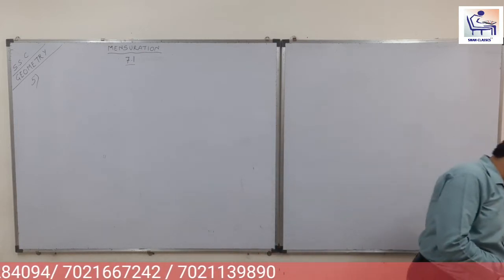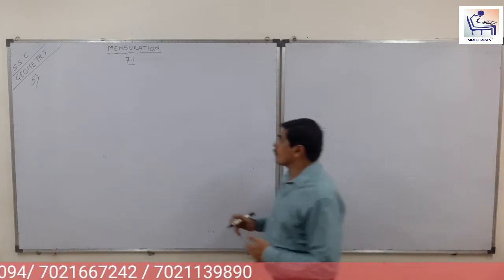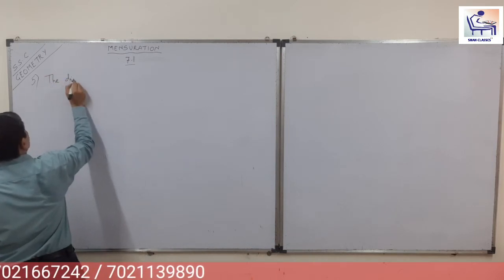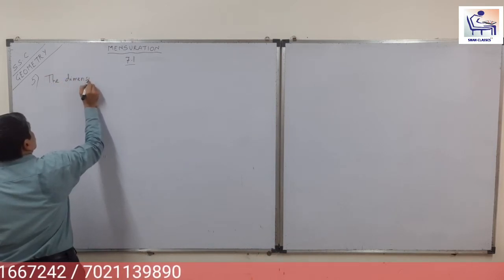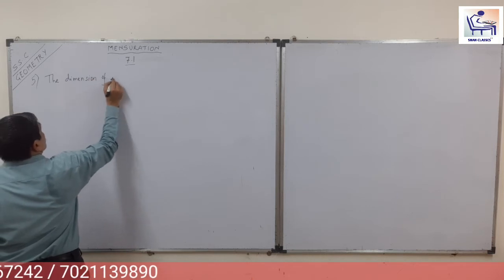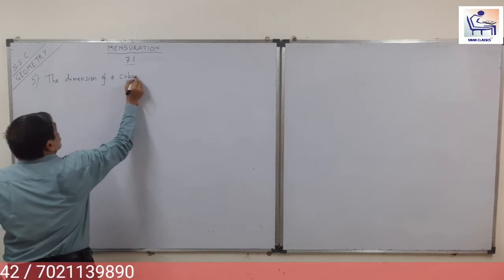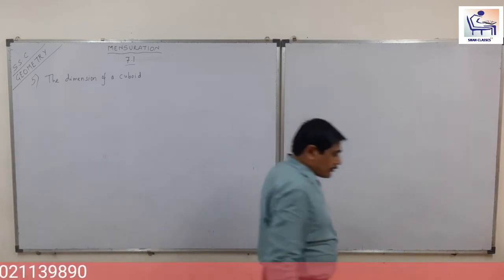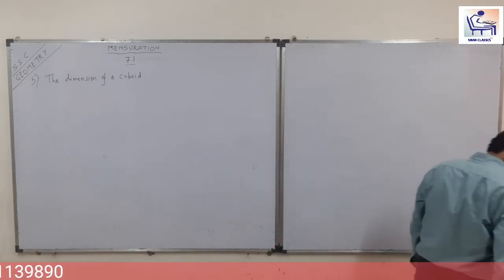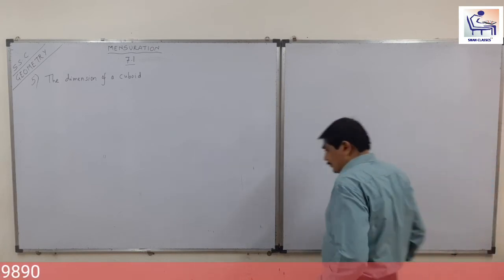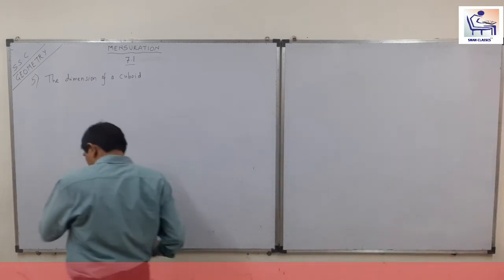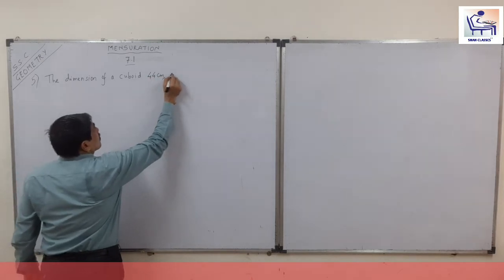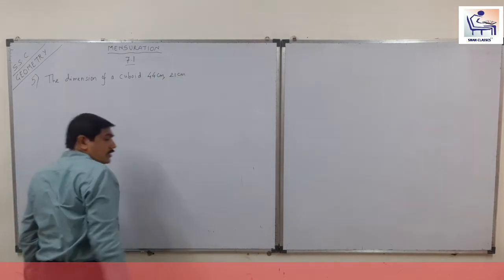The dimensions of a cuboid are 44 centimeter, 21 centimeter